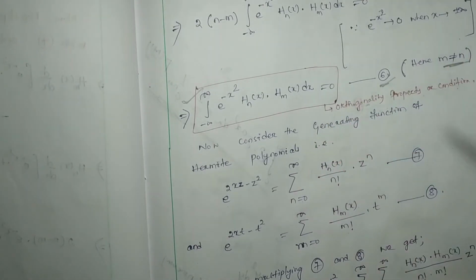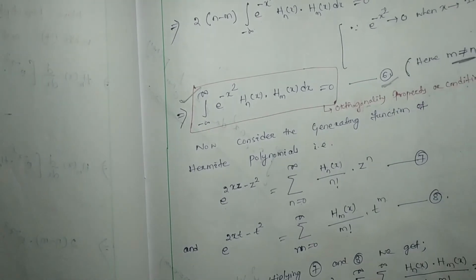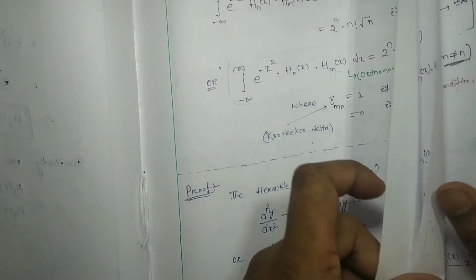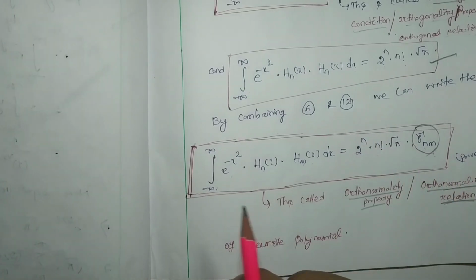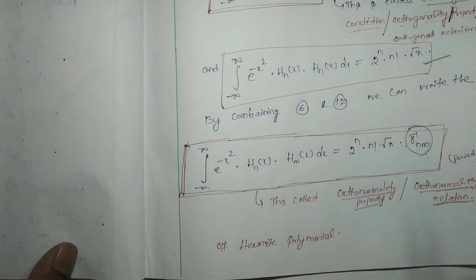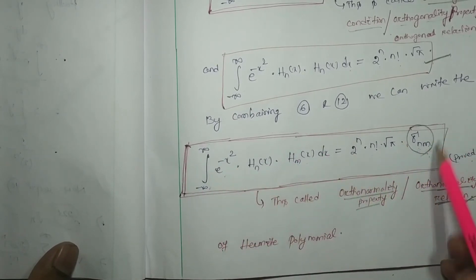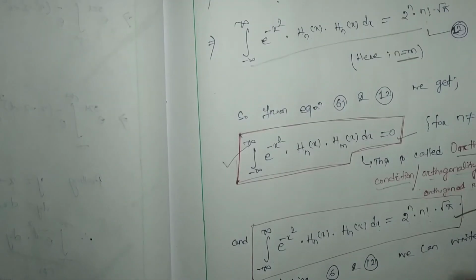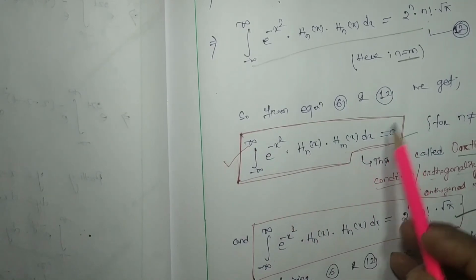that yes, this is nothing but called the orthogonality property or condition of the Hermite polynomial. But if that question is 6 to 7 marks or 8 marks, you have to derive up to this much, because sometimes they ask orthogonality, but they want you to write all the things, that is your orthonormality condition. Up to the orthonormality condition you have to write. So this is your orthonormality condition, where the Kronecker delta symbol has been used. Orthogonal condition means n not equal to m, and this value is going to be 0.